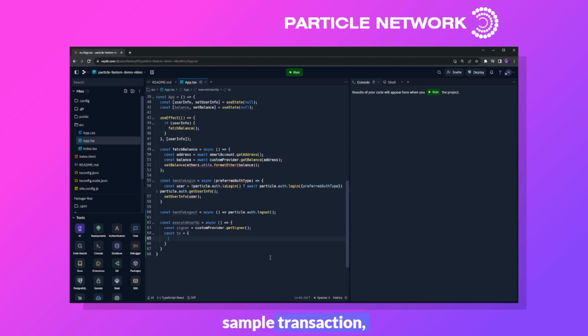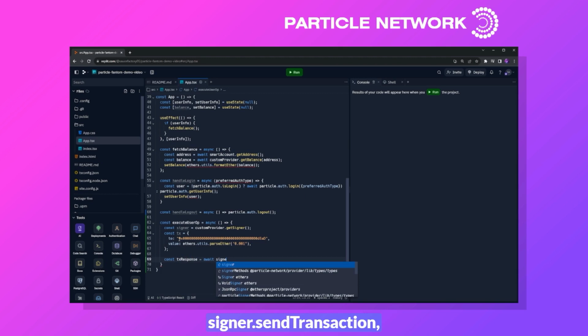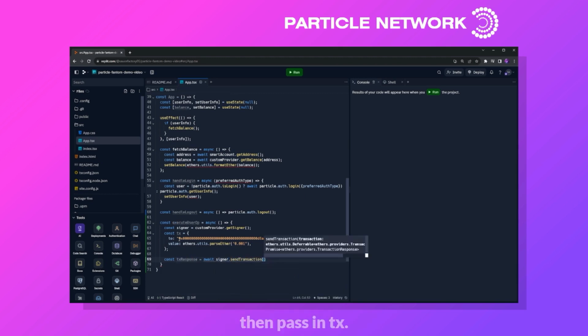Basically, with this sample transaction, I just want to send 0.001 Fantom to a dead burn address. So just burning some Fantom. To do this, we can just set the to value as this address right here. And we can set the value to ethers.utils.parse ether. This will convert the ether value of 0.001 to wei. We can simply send that transaction in a variable called TX response and do await signer.send transaction, then pass in